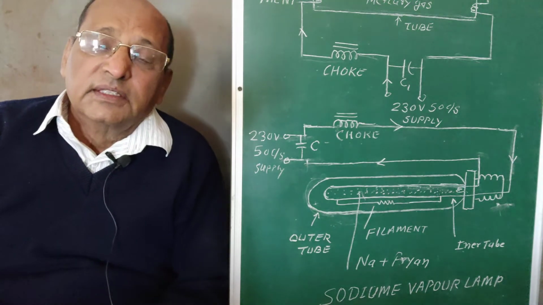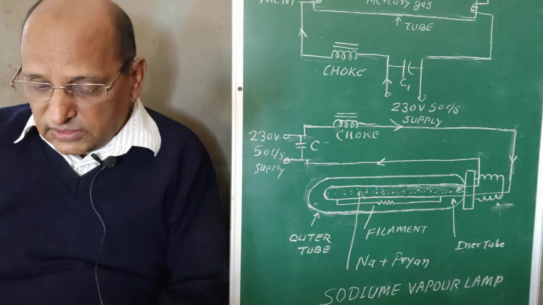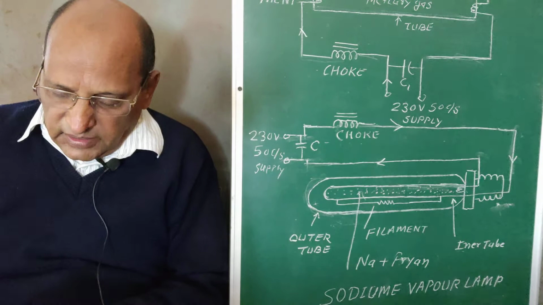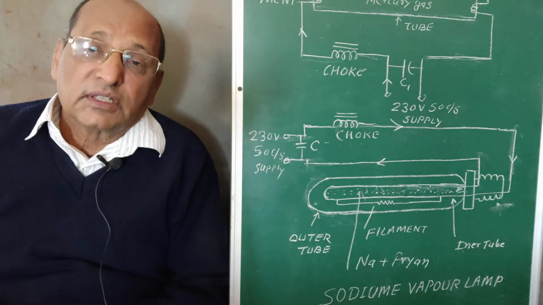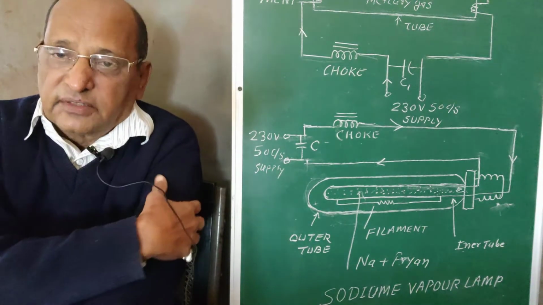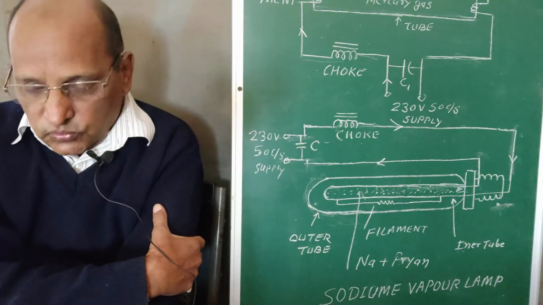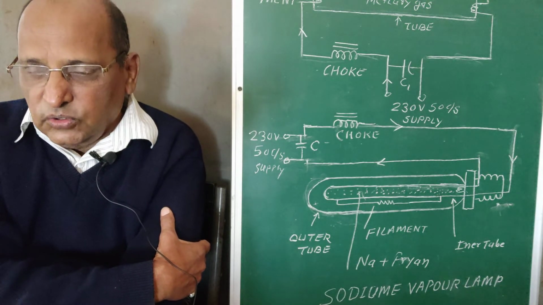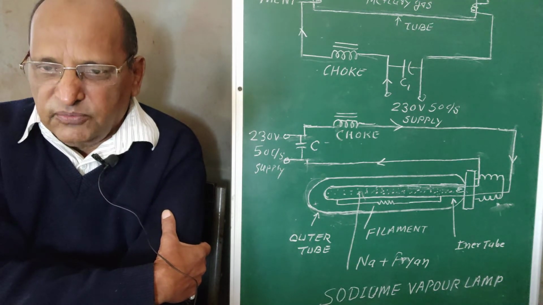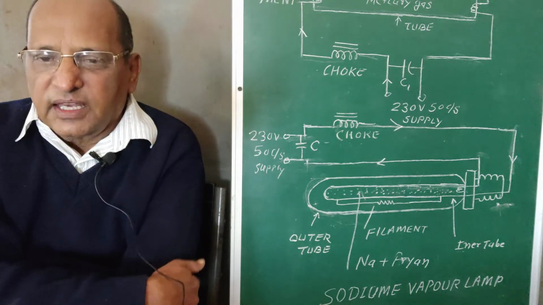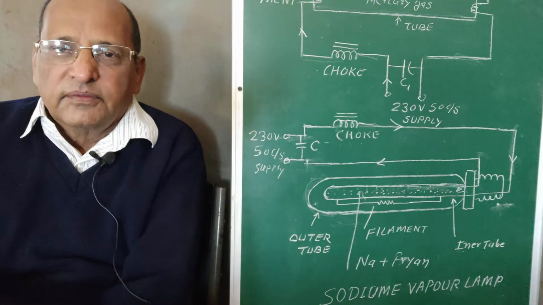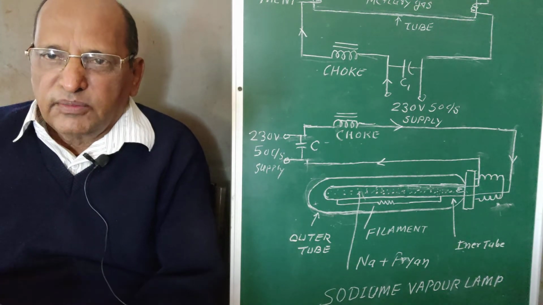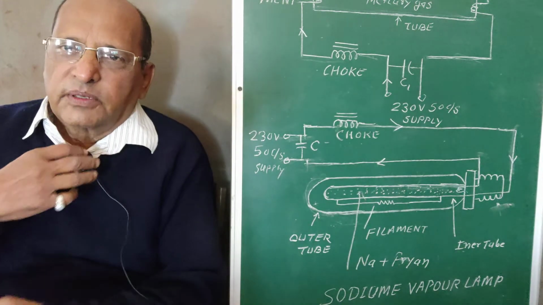The single tube light we generally use in our house lighting, and the sodium vapor lamp and mercury vapor lamp are used normally for street lighting or industrial lighting. So these two types of lamps are in your course, and the old type of simple filament lamp is nowadays outdated, so it is not being used. We use these tube lights and the sodium and mercury vapor lamps for street light purposes.